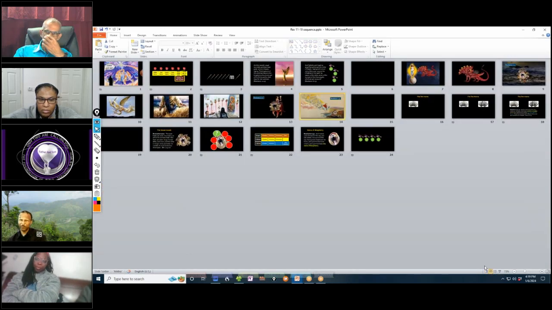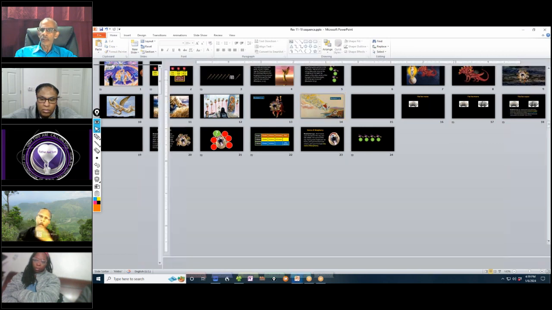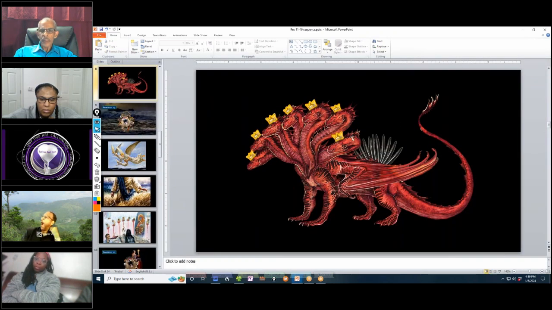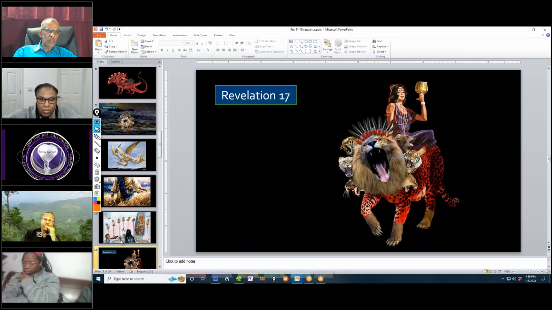Now I'm going to highlight something. I'm going to show you from this panel, because I'm going to show something. Now, if you will notice, when you look at the dragon, he has 7 crowns on his head, but the horns have no crowns. When you look at the beast in Revelation 13,